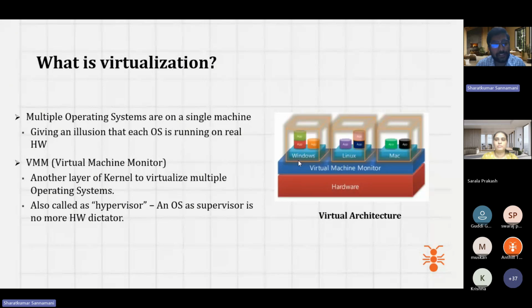Okay, Krishna, great. So we can run multiple OS and install multiple applications on different OSs. So we have a different combination here that we can achieve. Previously, we had only one combination. Now we have multiple options or versions.